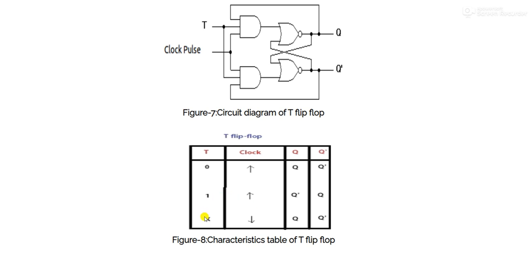Similarly, if your clock is not high, T is unknown, then there will be no change at the output. So the simple condition that you have to learn is that if T equal to 1, clock is high, your outputs will get changed. If it was 0, then it will be equal to 1, and if it was 1, then it will be equal to 0. Now move to the virtual lab part, or the simulation part of this particular T flip-flop.